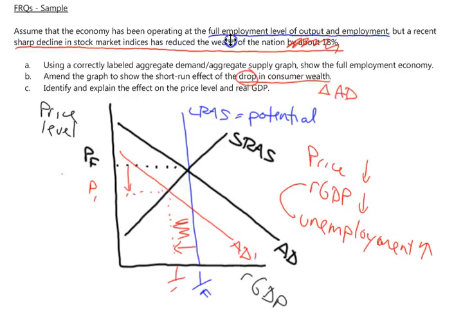So that's a good example of the first free response question. It's a little bit longer, takes a little bit longer to set up, but if you know the aggregate demand, aggregate supply model, you'll be in pretty good shape. Our second question,